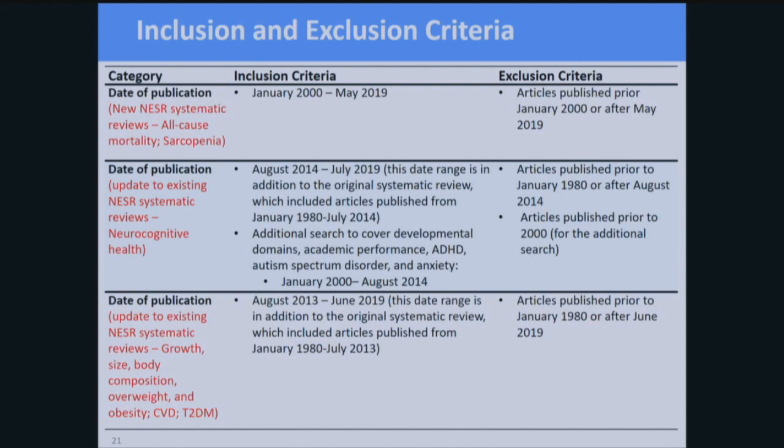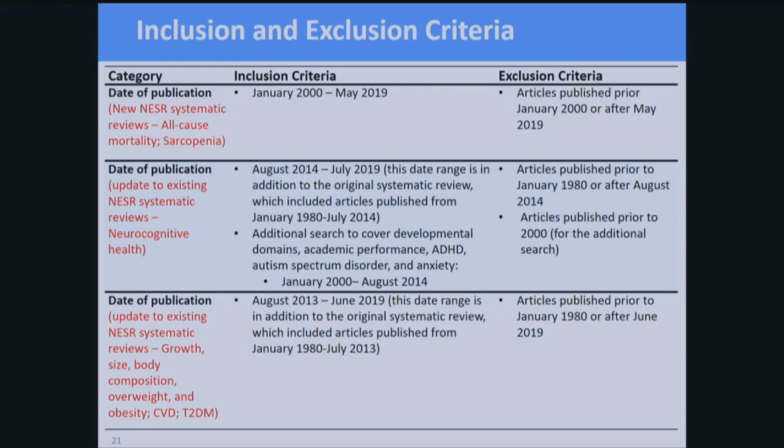The dates of publications that we'll be using vary so much because we actually have 3 different date ranges. It depends on whether it's a brand new systematic review or an update of NESR. So the date range of the publication for the new systematic reviews will be January 2000 to May 2019. The date range of publications to update existing systematic reviews for the neurocognitive health outcomes will be August 2014 to July 2019, and this is in addition to the included articles published from 1980 to 2014,